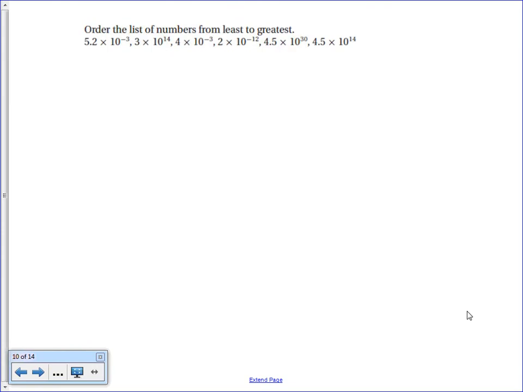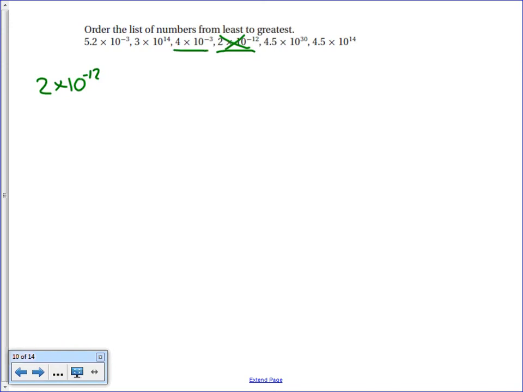So one more like this. So out of these, how many do I have? 1, 2, 3, 4, 5, 6. Which one has the lowest exponent? And looking around, looks like the 2 times 10 to the negative 12 is the lowest one. And the next highest,